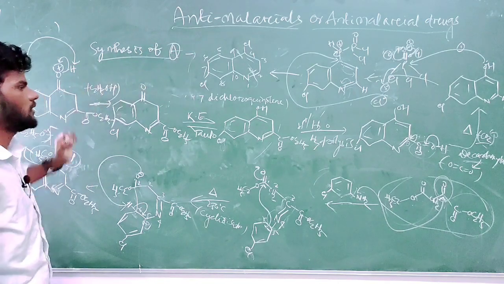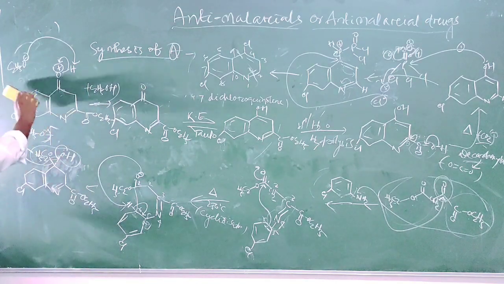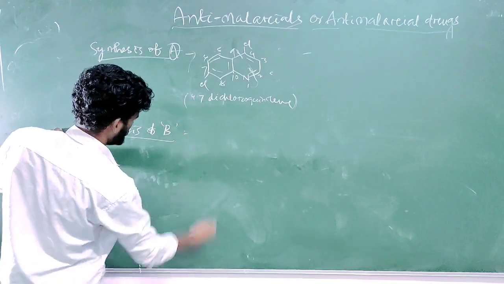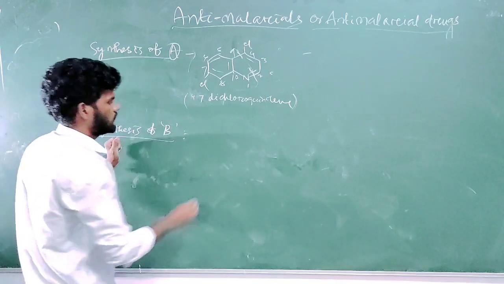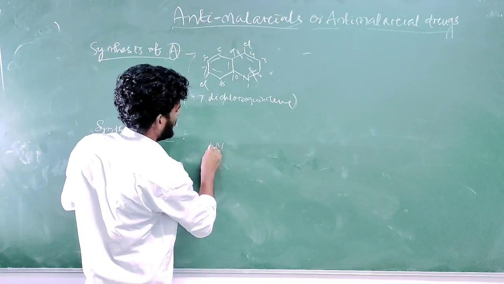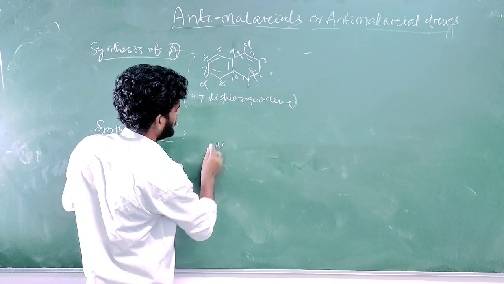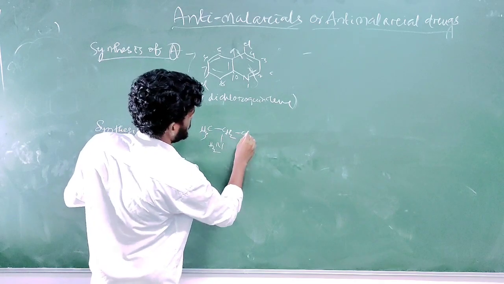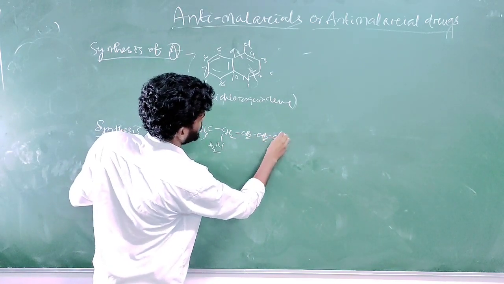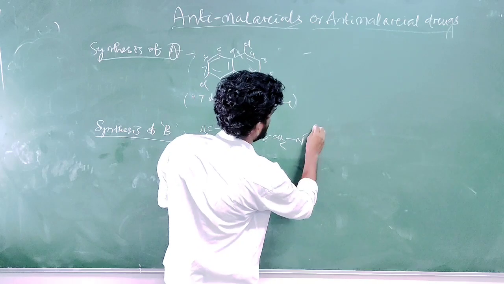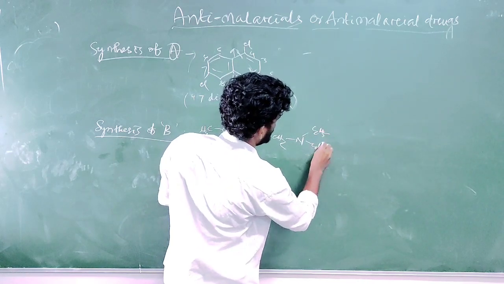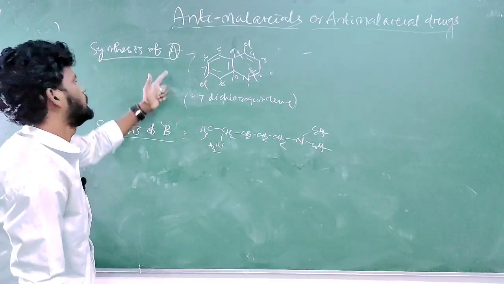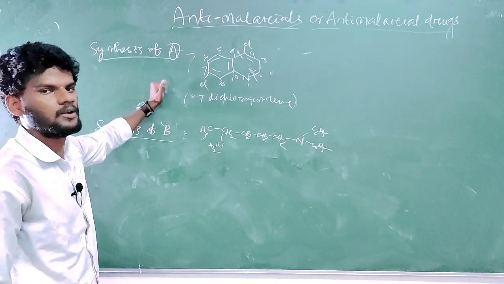We have now synthesized structure A, so we are now going to synthesize the part B structure. What is the B structure? It is something like NH2 here, attached to CH2, CH3, here is CH2, attached to nitrogen, C2H5, C2H5. This is our desired compound B. If we mix A and B, we get our desired chloroquine structure.